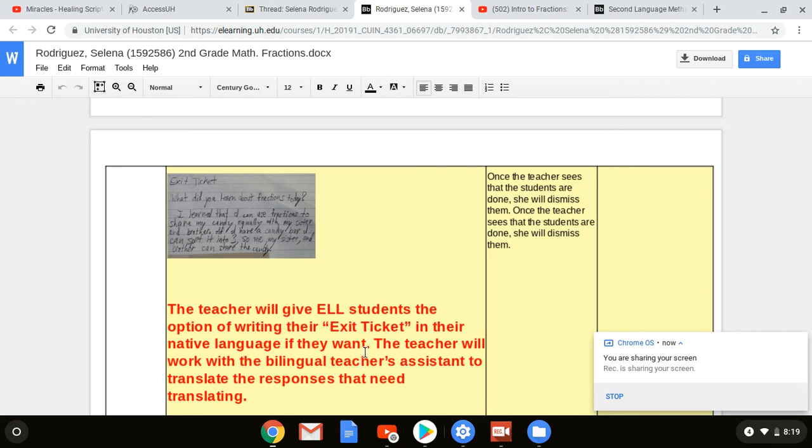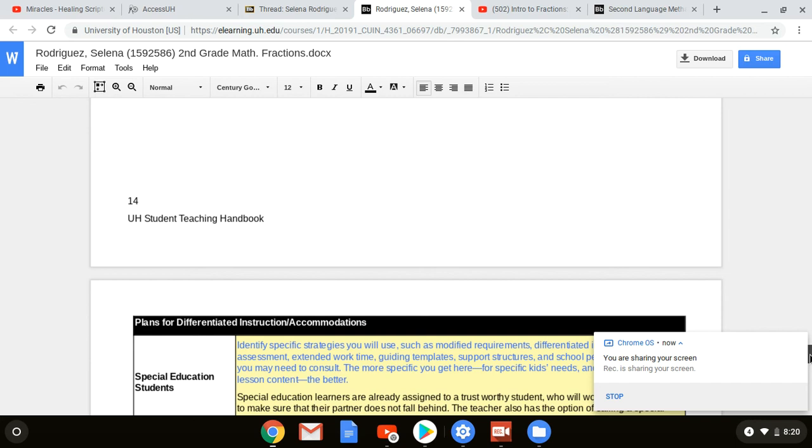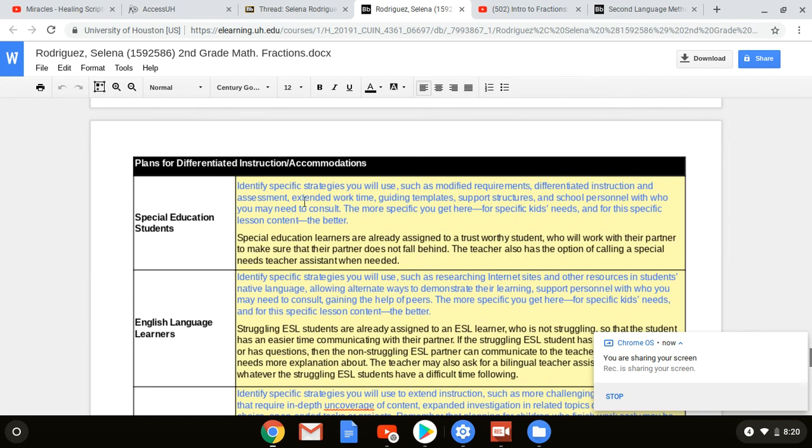Again, you're going to have your bilingual aide. How you would translate that, again, if you didn't have the bilingual aide, how you translate the lesson. It's easy. Just go to Google. But I really like it. I love that. When I read that, I really liked it. It's a wonderful idea. Overall, I love this lesson. It's a really good lesson. Just remember going back to deleting all this blue part and